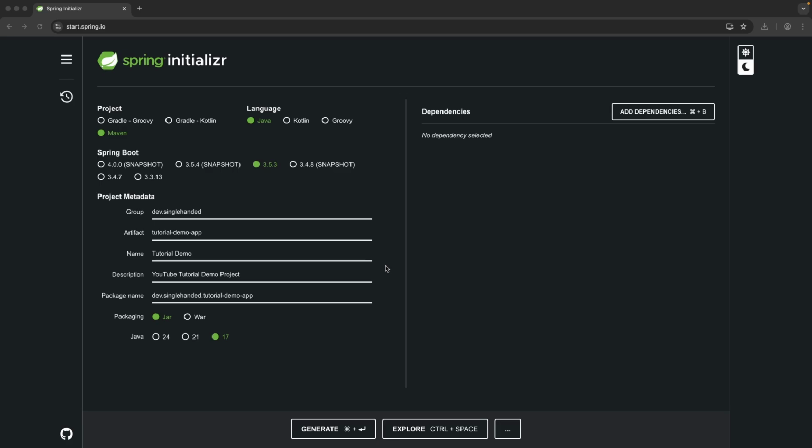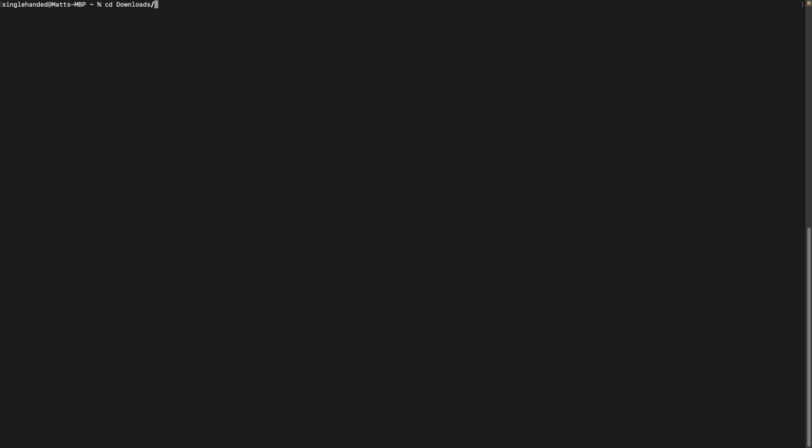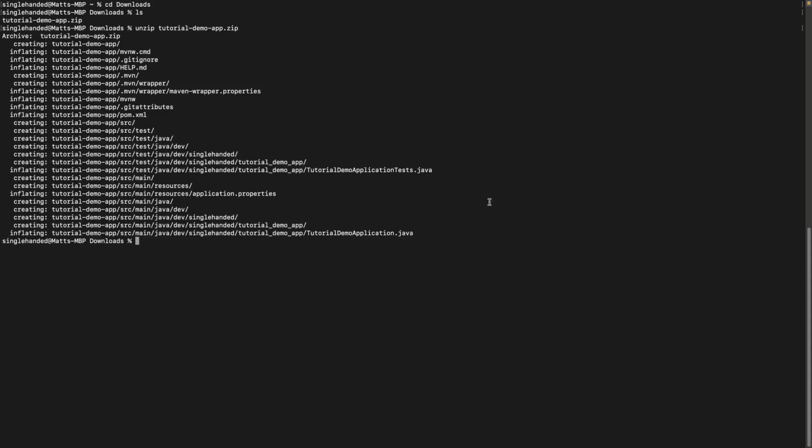Okay, let's see how those values translate into an actual project structure with a concrete example. So these are the values that we've just created. If I click generate, it downloads the project as a zip file. Now if I go to the terminal, just switch to the downloads folder, and you can see there's our tutorial demo app zip file. So if I unzip that,